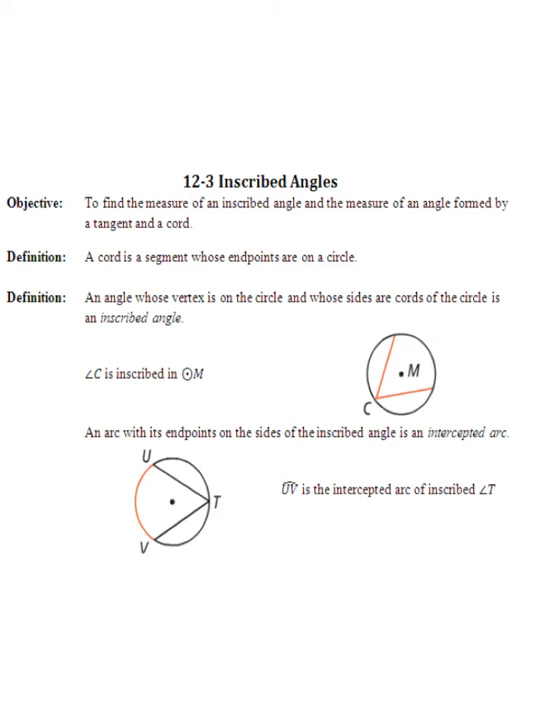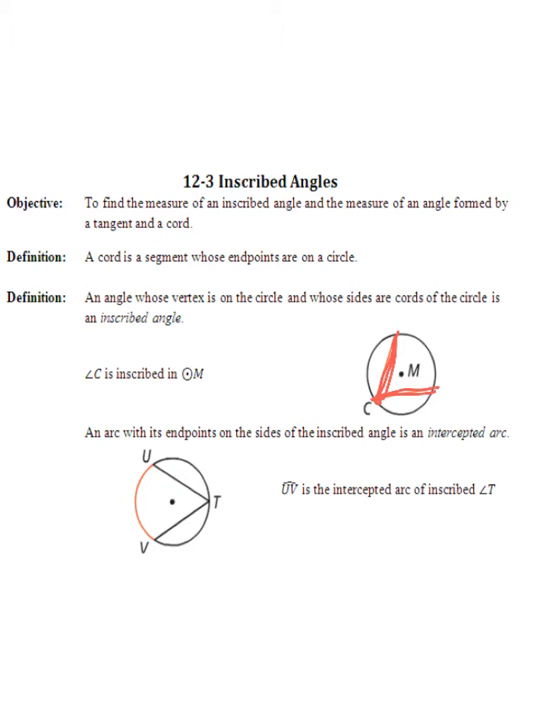And then another definition we have is an angle whose vertex is on the circle and whose sides are chords of the circle is called an inscribed angle. So angle C is inscribed in circle M, and that's because C itself is on the circle here, and then the two lines are going to be chords. These two are examples of chords because they're in the circle and they go from one point of the circle